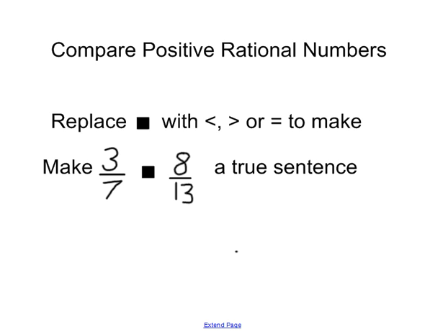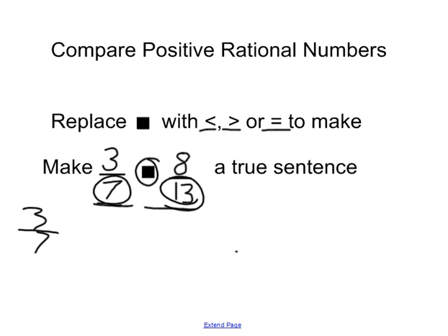We're going to be asked to replace the black dot in the center with either a less than symbol, a greater than symbol, or an equal to symbol to make a true statement. As I look at these two fractions, it's very difficult to compare them when they do not have the same denominator. So I want to look for what has the same denominator between 7 and 13. In other words, I'm looking for the least common multiple. None are jumping out at me, so I'm going to take 3/7 and multiply it by